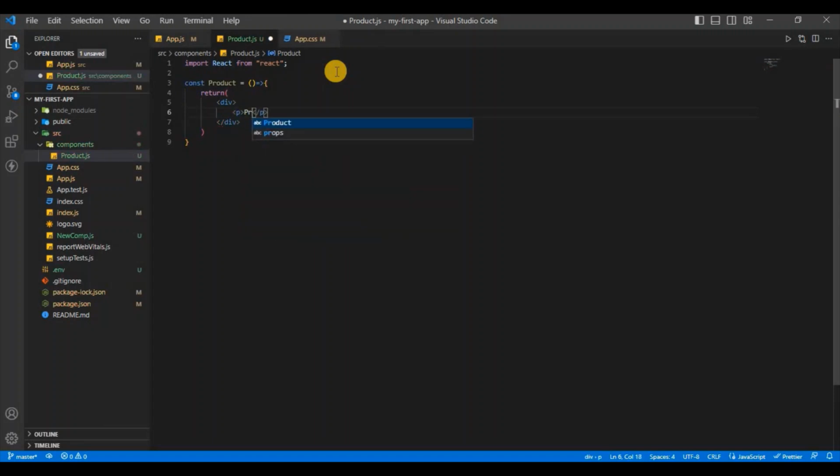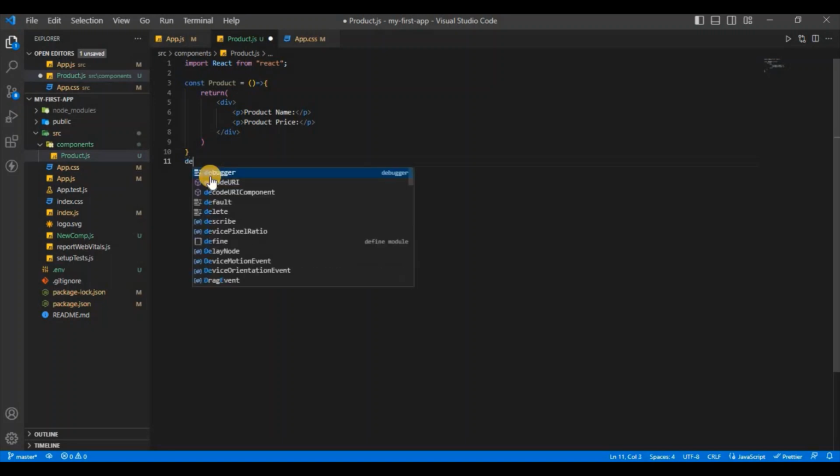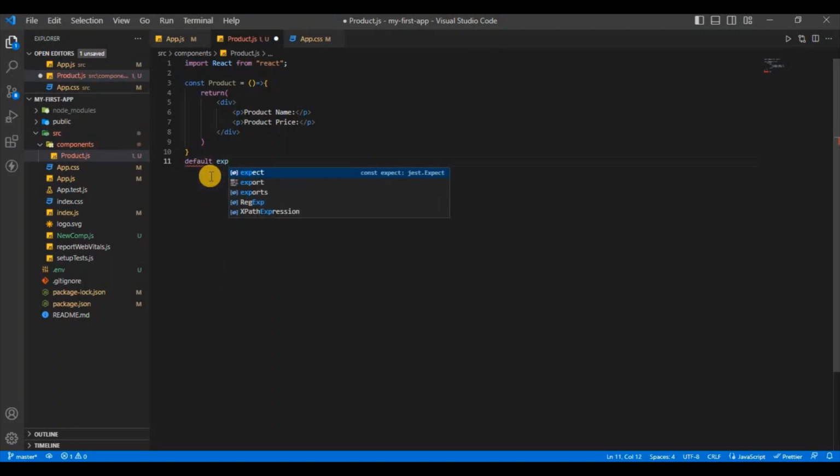it will be product name, after that product price. Okay, let's take only these two texts we want to display for the particular product, and after that we will default export Product. Now we want to show any data, so for that we will take props, that's what we want to display,